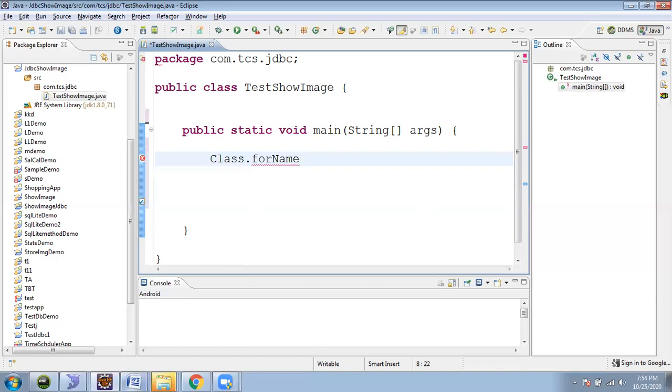Class is an already predefined class where forName is already written, and it is a static type. This is why we are able to access this method by using the class name itself, right? If it were an instance method, you would have to create an instance of this class, and only then could you access the method. But this is a static method, so it is accessible by the class name itself. I hope you understood.